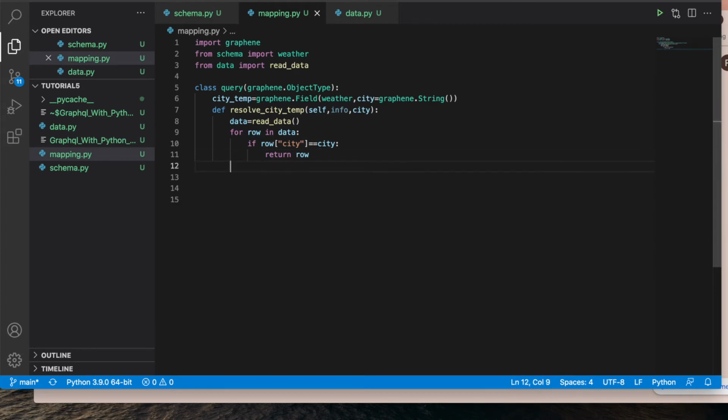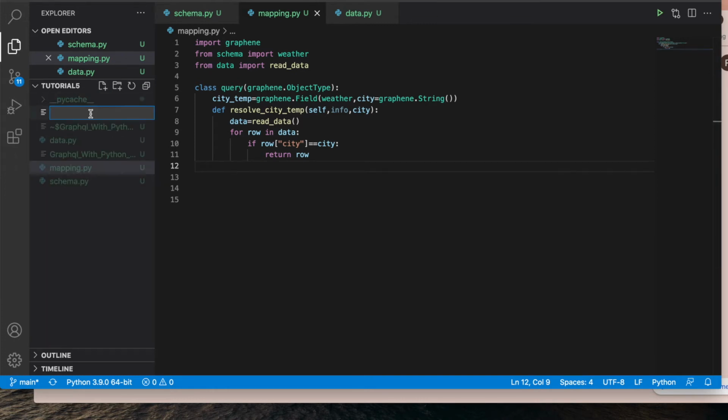And if nothing is going to be returned, meaning if you go to the end of the list, what is supposed to be done, we'll see now. I'm not doing the end case right now, I'm just checking this thing. The end case will be done after some time, I'll explain that. Okay, so mapping is there, schema is there, data is there.